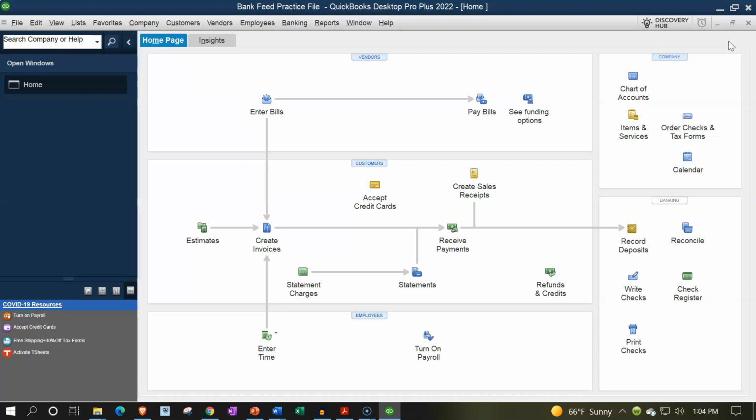So we can have a connection to the bank, but then when the information is pulled from the bank, you got the feeds coming in, you got to say, well, how is QuickBooks going to know exactly what to do with that information in order to create the financial statements? This is an important step, because if you just pull in a bunch of bank feed transactions, they'll get clogged up in what I call bank feed limbo, which is basically they're in the QuickBooks system, but they have not been approved